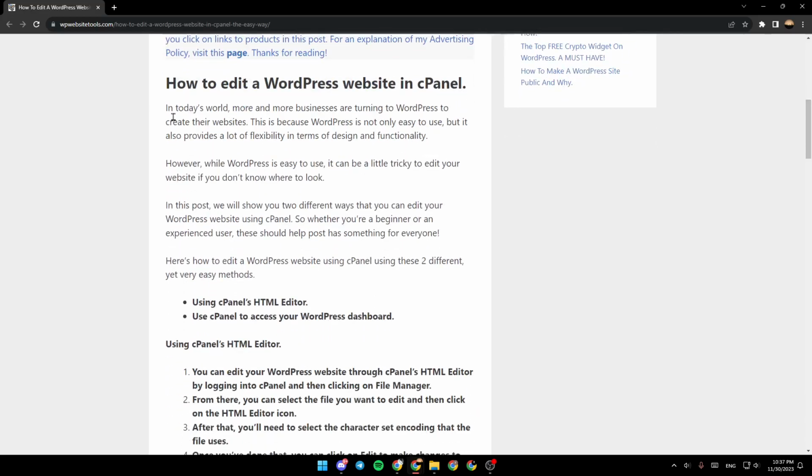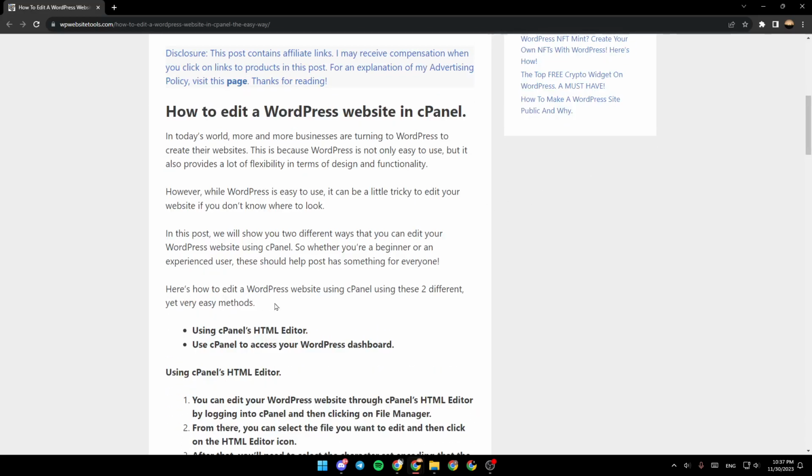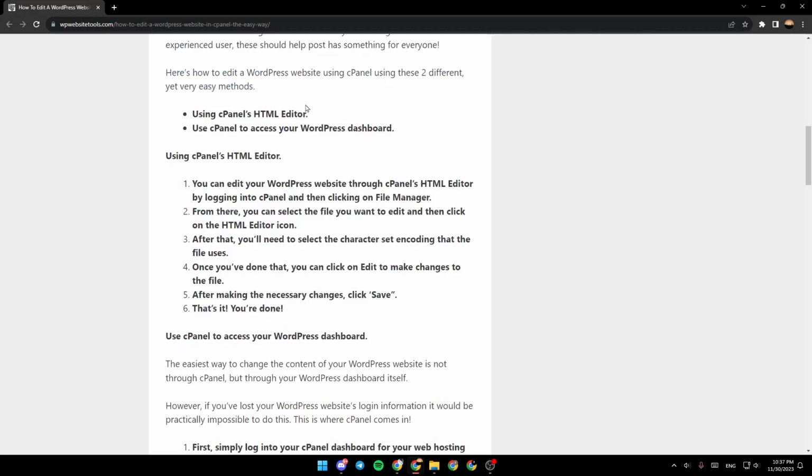So here's how to edit a WordPress website using cPanel using these two different yet very easy methods. Using cPanel HTML editor, use cPanel to access the WordPress dashboard. Using cPanel HTML editor, you can edit your WordPress website through cPanel's HTML editor by logging into cPanel and then